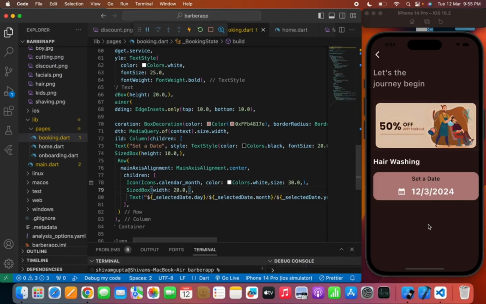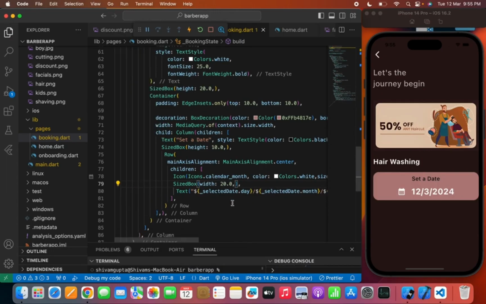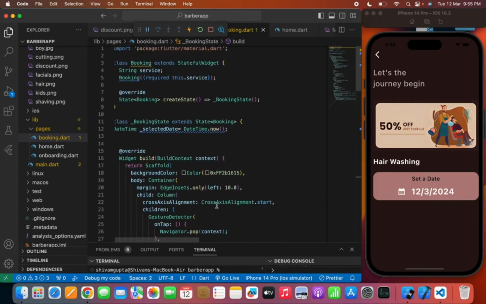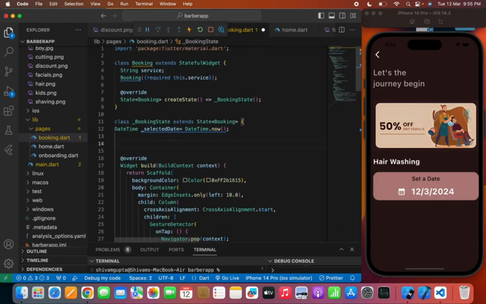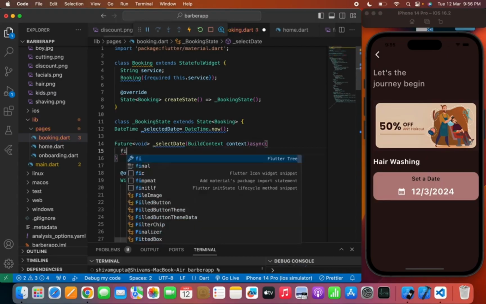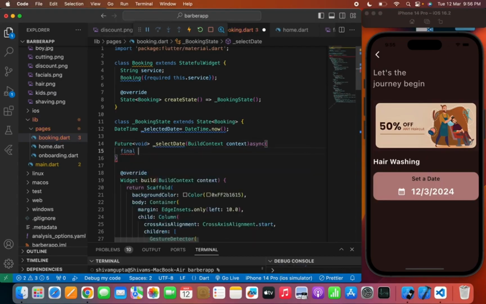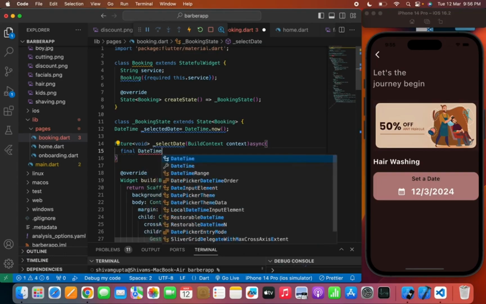Now I want that the user can select a specific date and can book the service. So we need to create a function here so that the user can select a date. So I will write Future, now void, and will pass the function name selectDate and BuildContext, now async. So I will write final DateTime picked